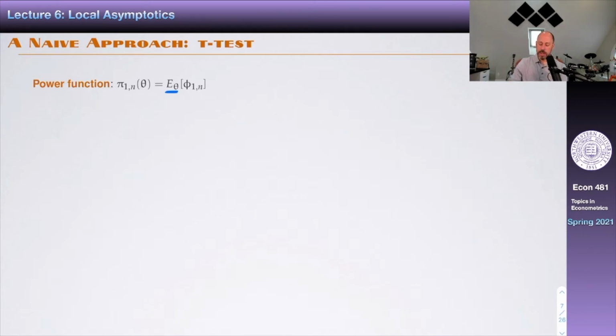Okay, so in our notation, E theta is expectation with respect to p theta. That is, when x has distribution p theta. And then we need to think about what it means. So